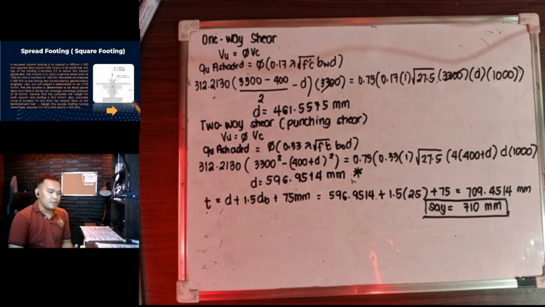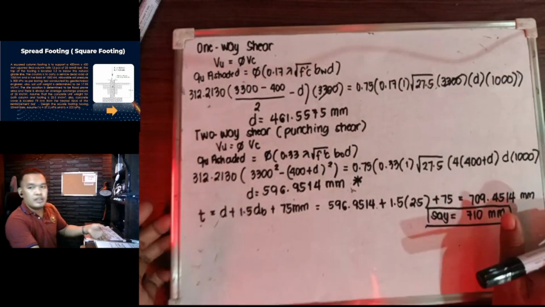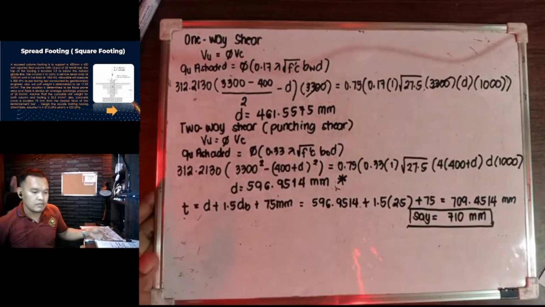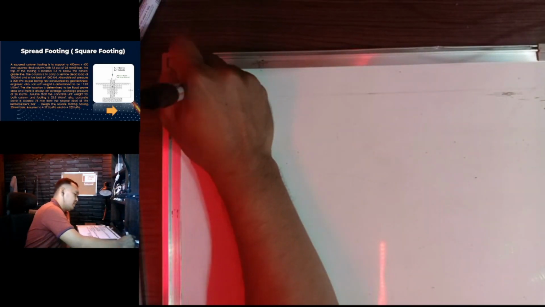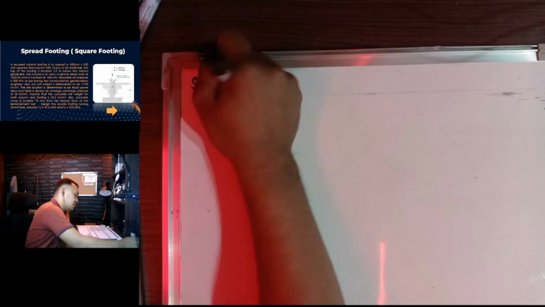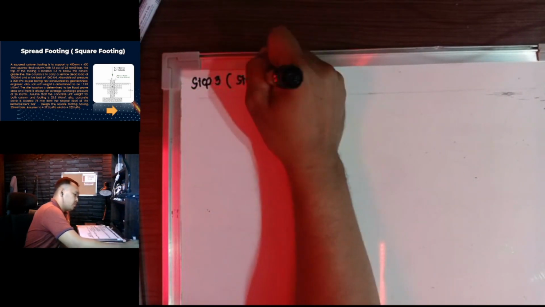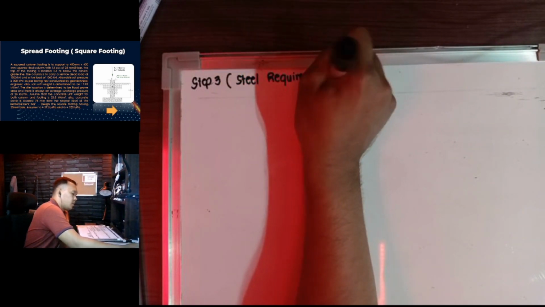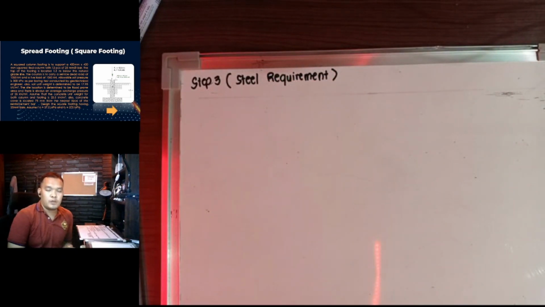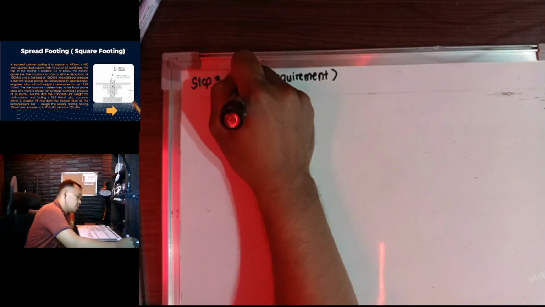Okay, step 2 pa lang po tayo, no? Let's proceed to step 3. To get the step 3, steel requirements naman po siya, no? Okay. For step 3, steel requirement tayo. Okay? So, in getting the steel requirements, so, kailangan muna natin computein yung formula, which is Mu is equivalent kay